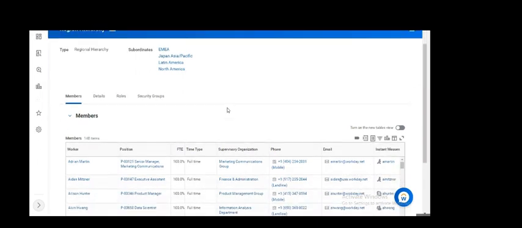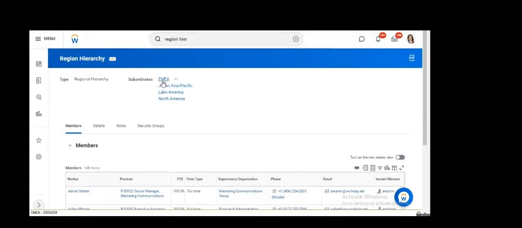Now this is a region. This is a region hierarchy. So if you see, EMEA is a region. You already saw the location hierarchy as EMEA, right? But that was a different one. So if you see